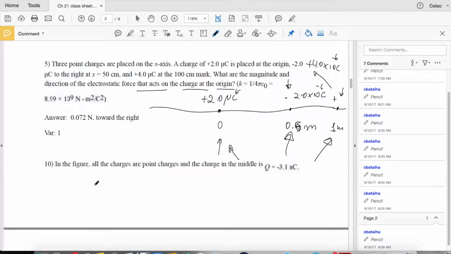So let's do a free body diagram on the charge that happens to be at the origin. Let's call this charge 1. Let's call this charge 2. Charge 1 is a negative charge. Charge 2 is a positive charge. Therefore, they have an attractive force. I'm going to call the force F1. The magnitude, which means the number that quantifies this force, is given by K times the product of both charges,